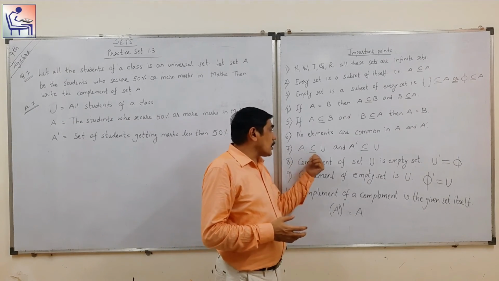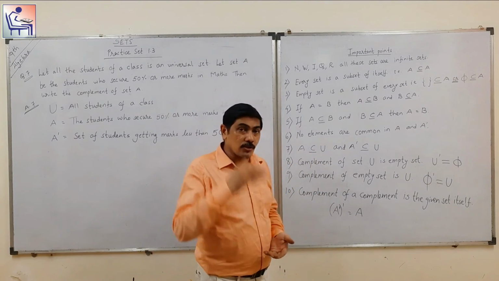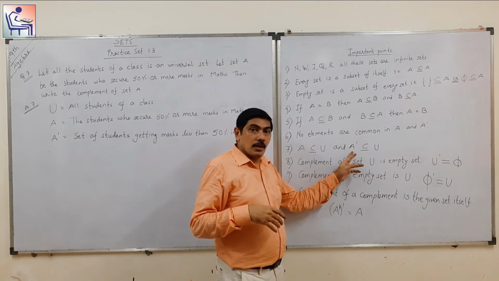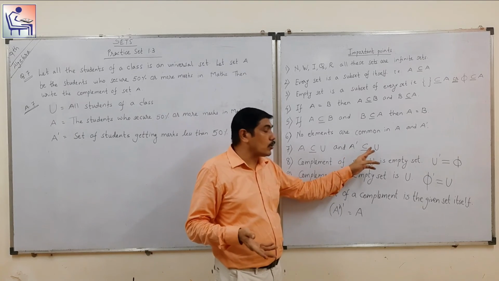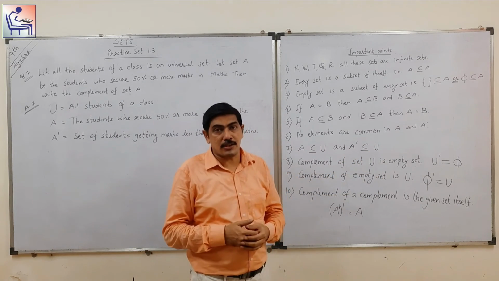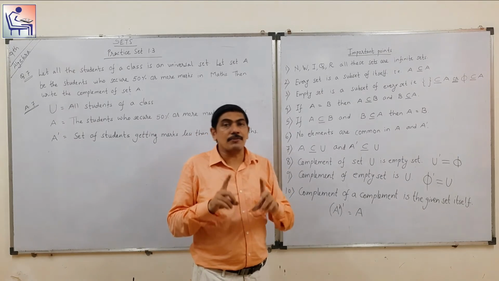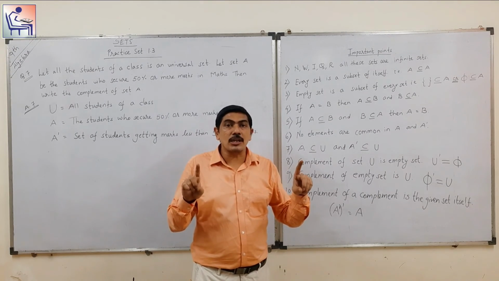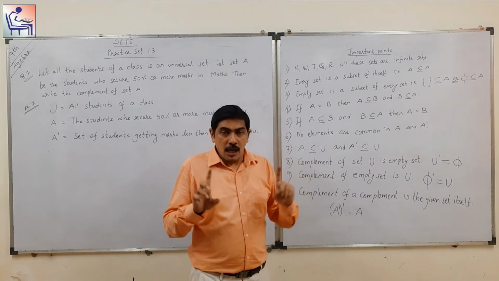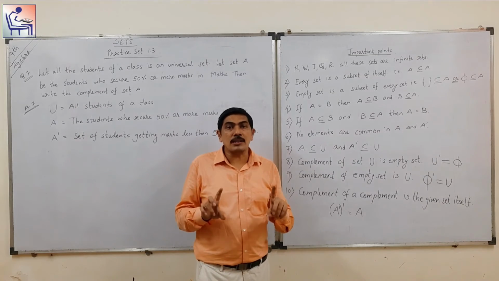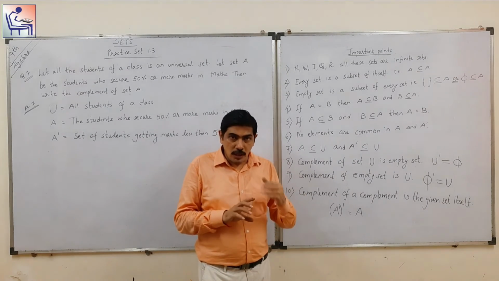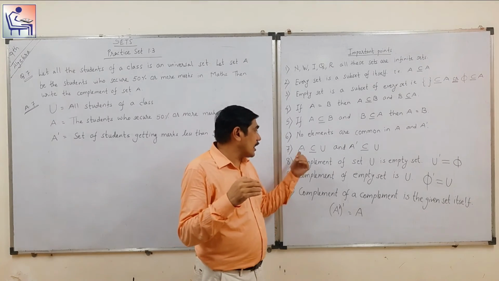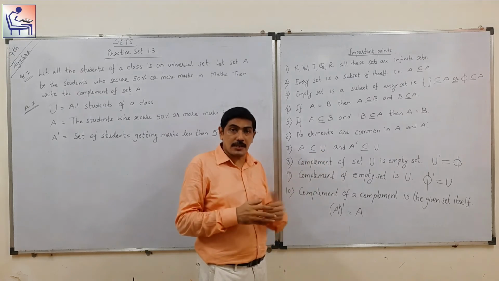Now A is a subset of universal set because universal set is having all elements. Similarly, you can say complement of set A is also a subset of universal set. So just now I gave you the example. Universal set is having the numbers 1 to 10, that is 1, 2, 3, 4, 5, 6, 7, 8, 9, 10. And suppose set A is having the elements 1, 3, 5, 7, 9. So 1, 3, 5, 7, 9 is also there in the universal set. That's why we can say that A is a subset of universal set.